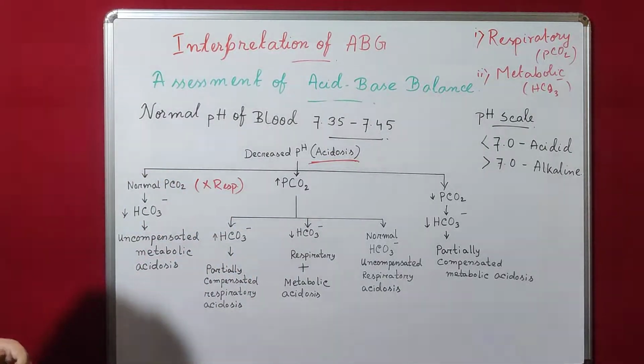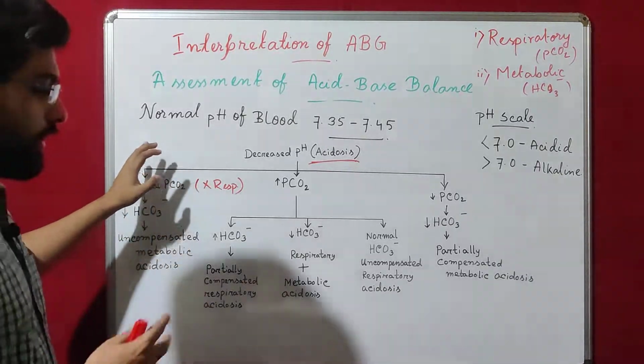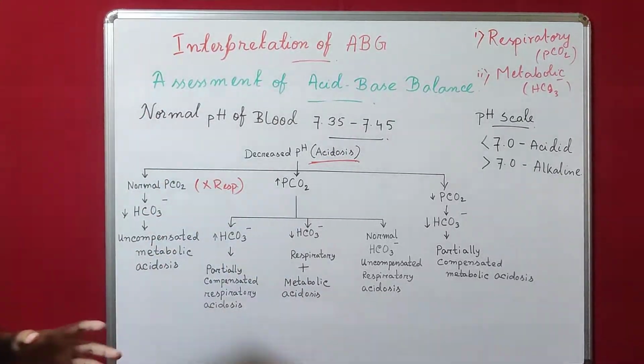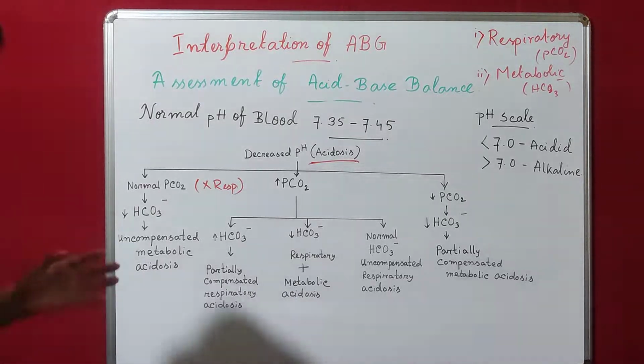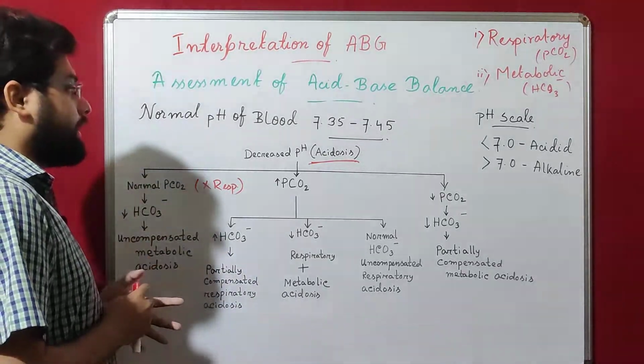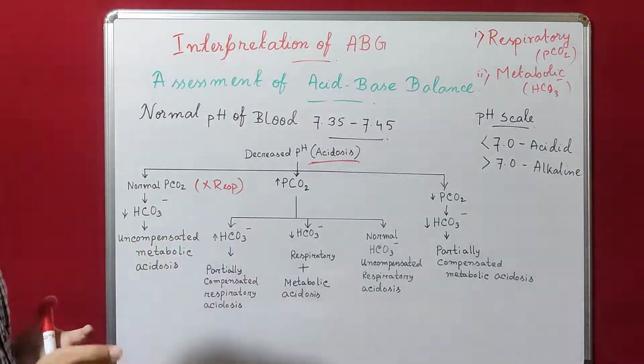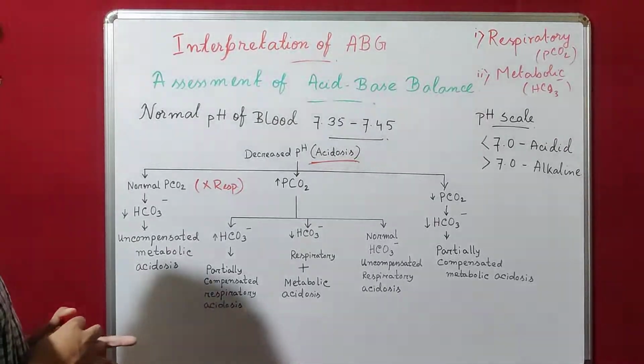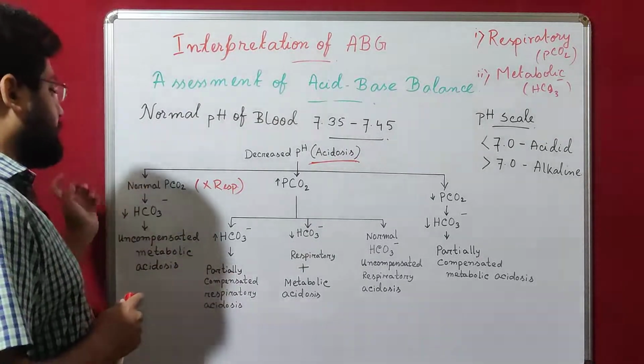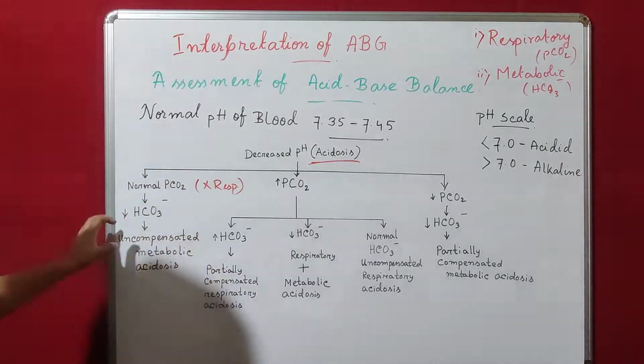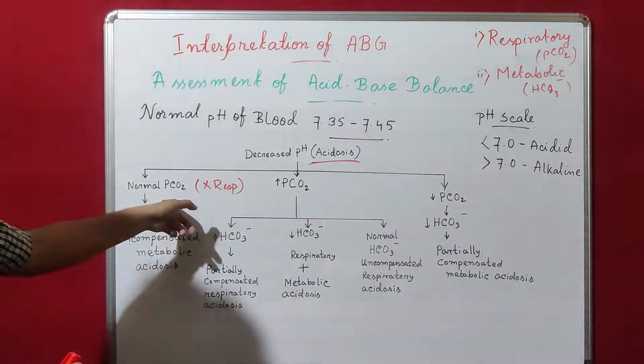Now we all know that in a solution, if the amount of dissolved carbon dioxide increases, it causes the solution to be acidic, and the bicarbonate ion is alkaline in itself because it is an anion.